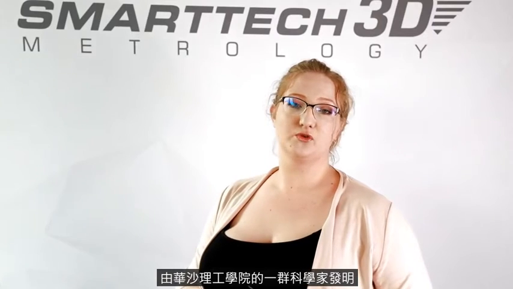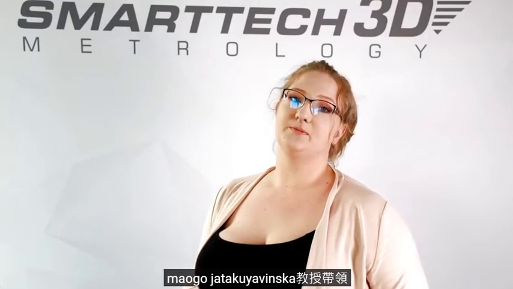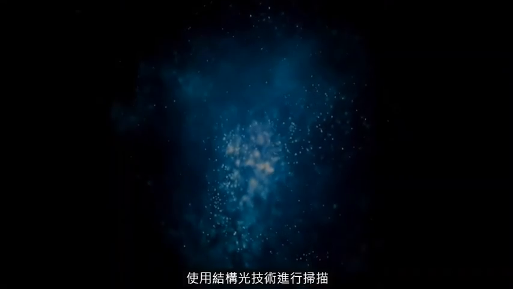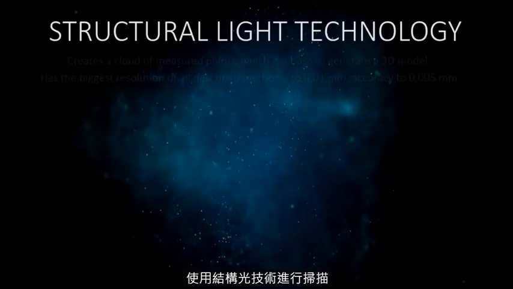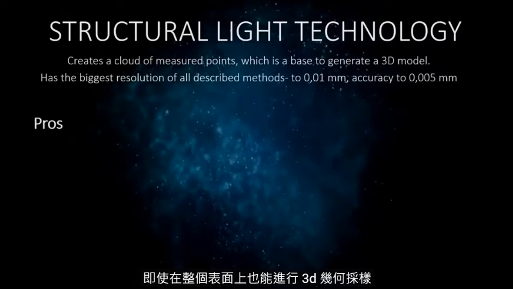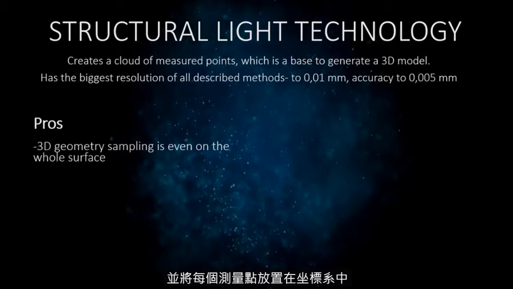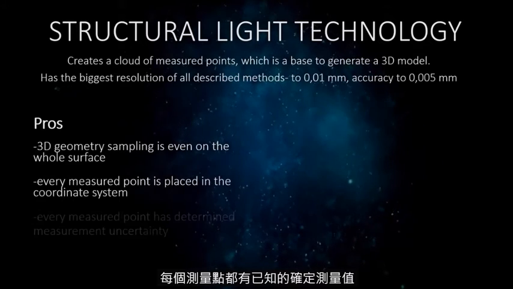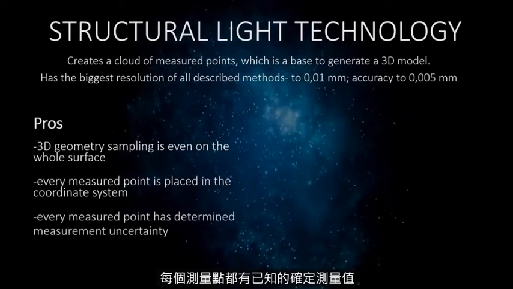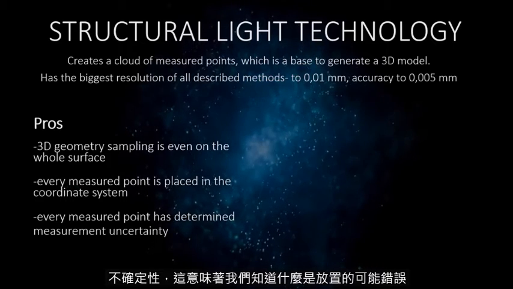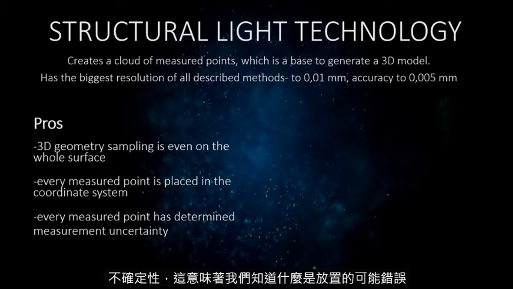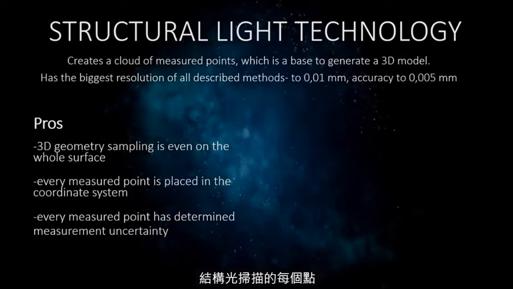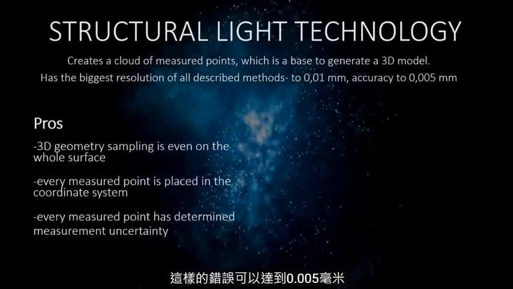The company uses technology invented by a group of scientists from the Institute of Technology in Warsaw, led by Professor Małgorzata Kujawińska. Scanning with structural light technology enables 3D geometry sampling even on the whole surface and places every measured point in the coordinate system. Every measured point has a known, determined measurement uncertainty, which means we know what is a possible mistake of the placement of every point. For scanning with structural light, such a mistake can reach